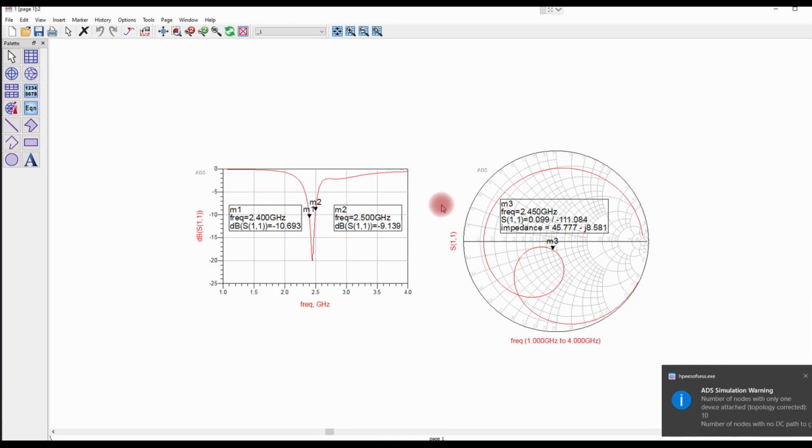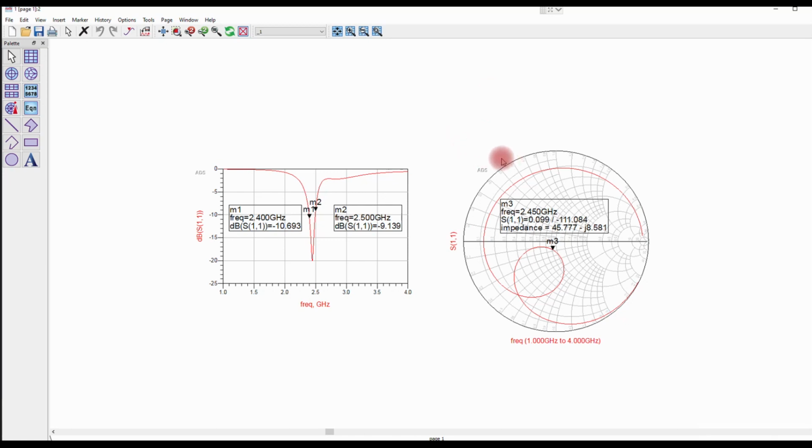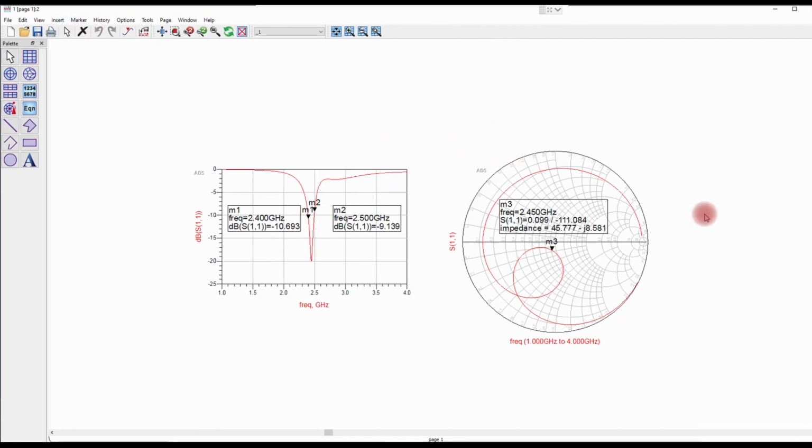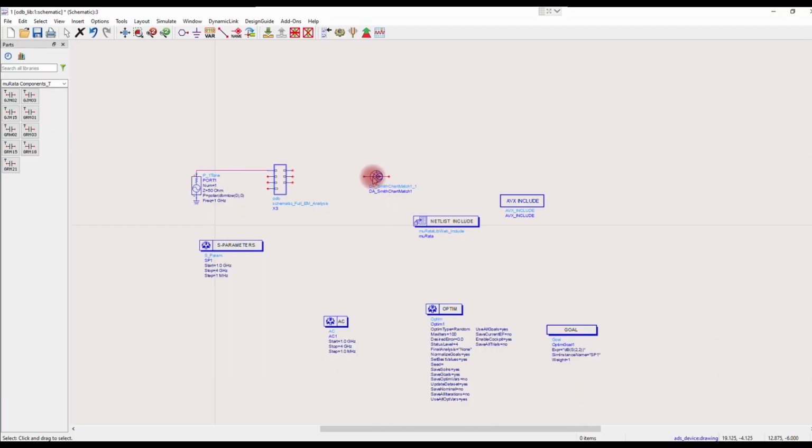The standalone antenna meets the performance for ISM band requirement. We are able to obtain return loss of -10 to -9 dB across the frequency. We are going to impedance match this antenna to further improve the antenna performance. We have already placed a Smith chart impedance matching component onto the schematic.